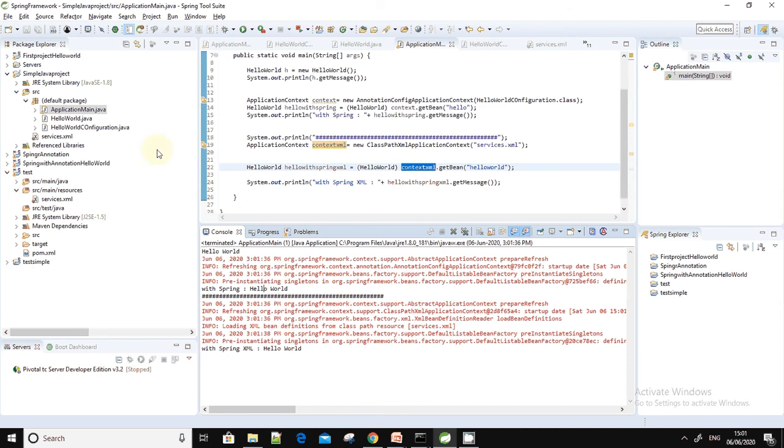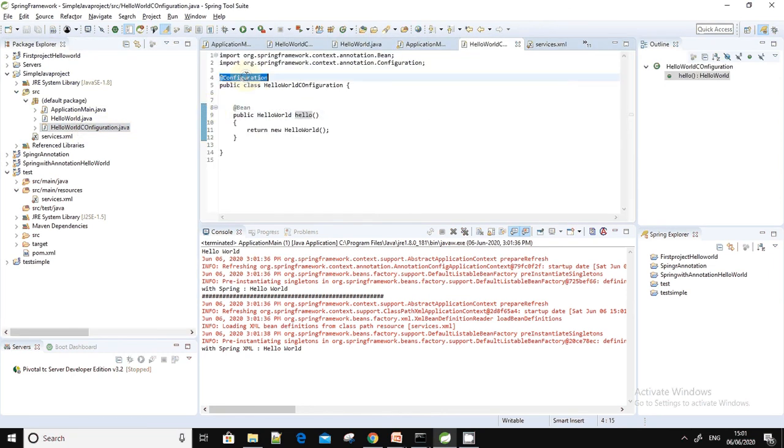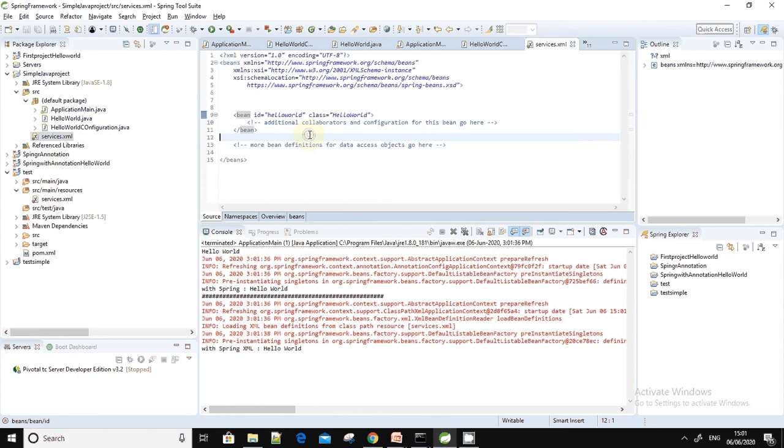So this is how you can configure your application with Spring, or convert a Java application to Spring, and either you can use the annotation based configuration, or you can use the XML based configuration. So this is it for this session. We will continue more on Spring in the upcoming sessions on the concepts. This is just to get you familiar with the code, how it can be done in Spring, and then we'll cover the basic concepts of the Spring Core